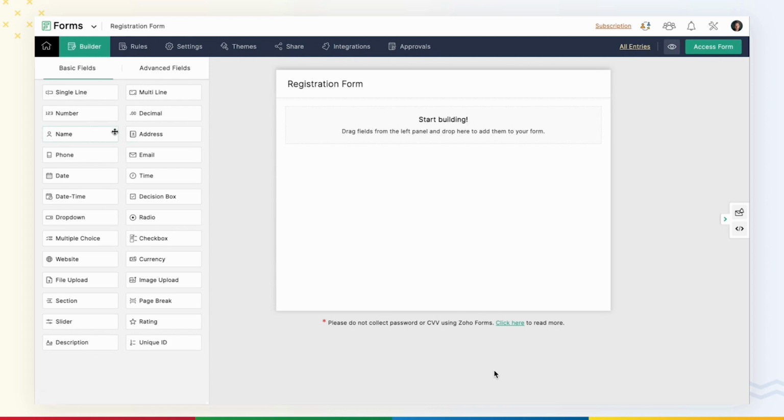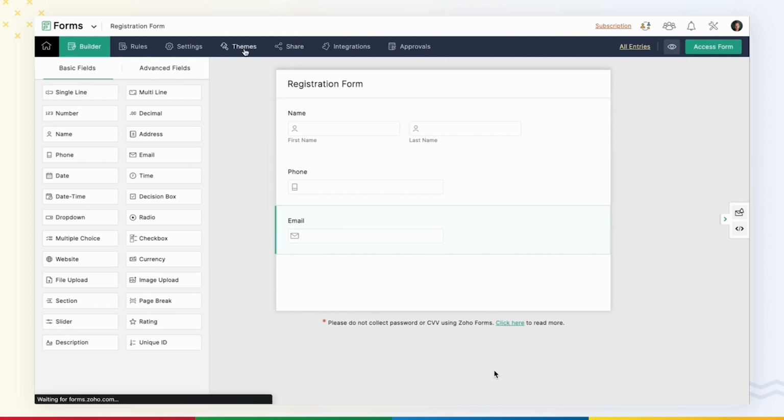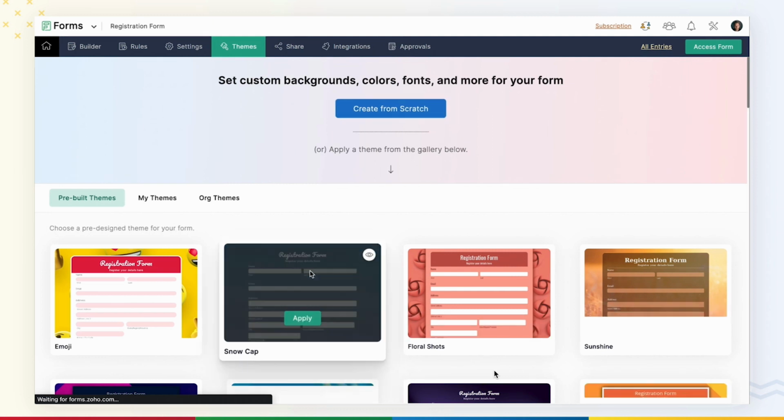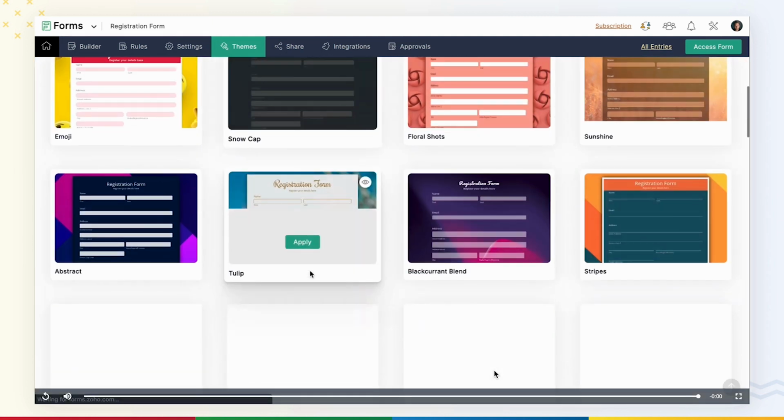So here we just drag and drop some fields onto the form builder, and you can customize your form either from scratch or from the pre-built themes that are available in our themes gallery. So this is how your form builder is going to look, and you can do a lot with this form